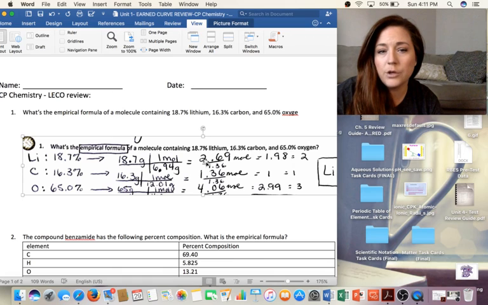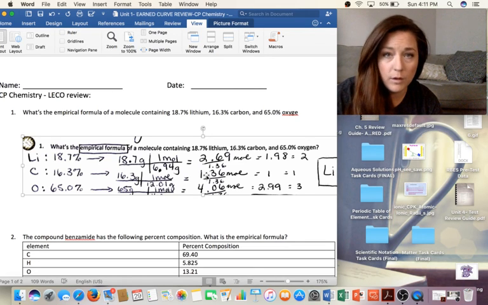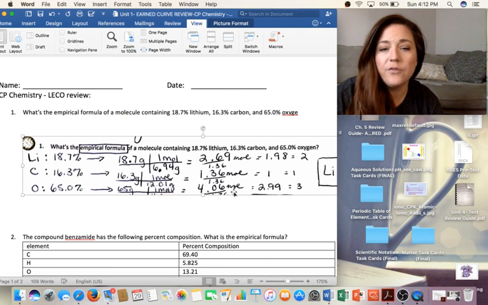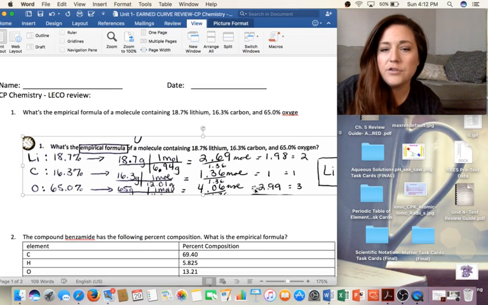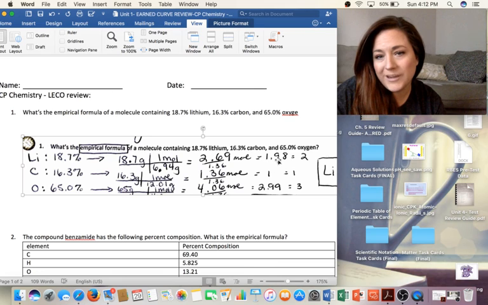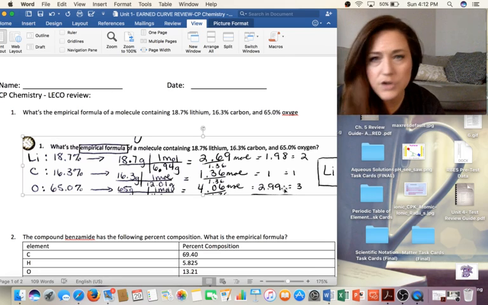So when you take 2.69 and divide it by 1.36, you get 1.98. Then when you take 1.36, divide by 1.36, you get 1. Then for oxygen, you take 4.06 and divide it again by 1.36, and you get 2.99. Now, your 1.98 and your 2.99 are close enough to the whole numbers that there's no need to do